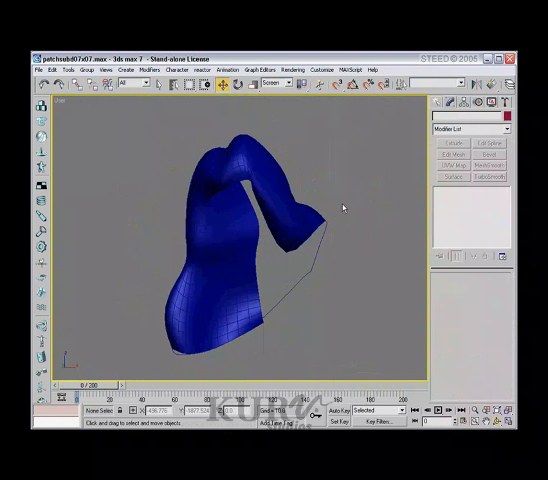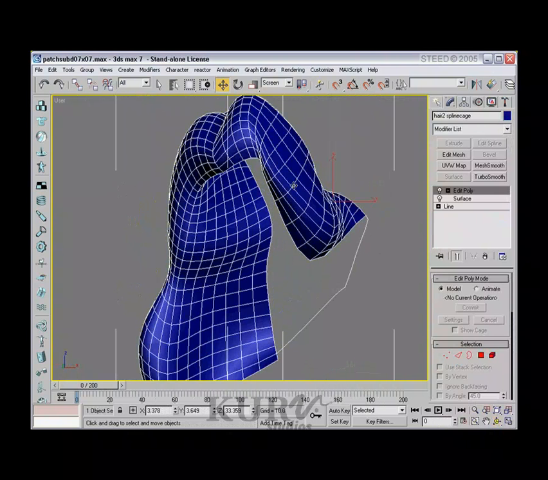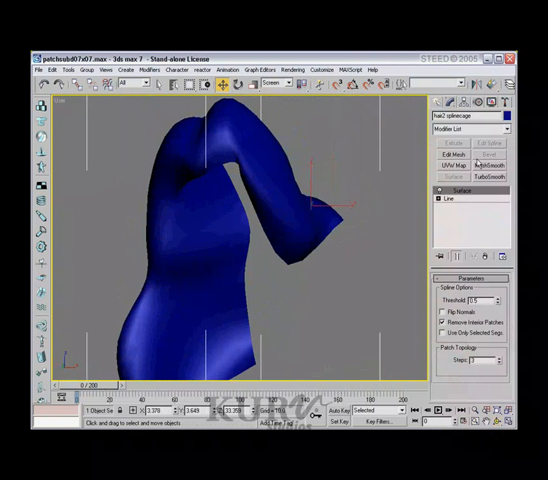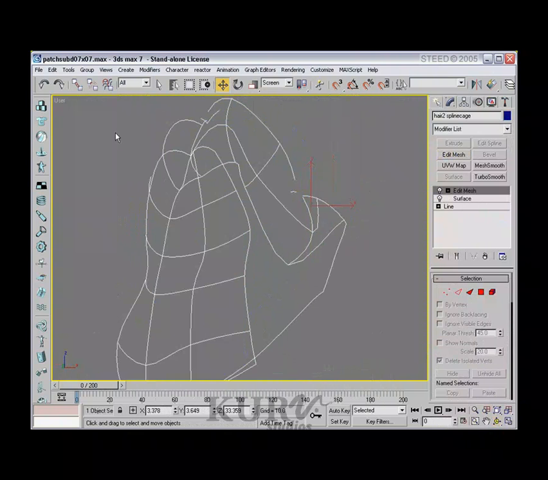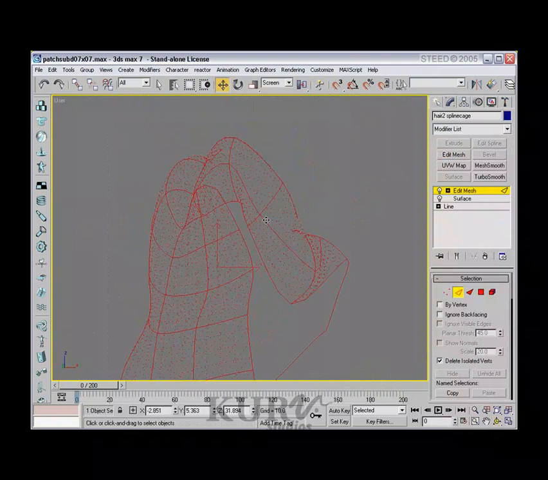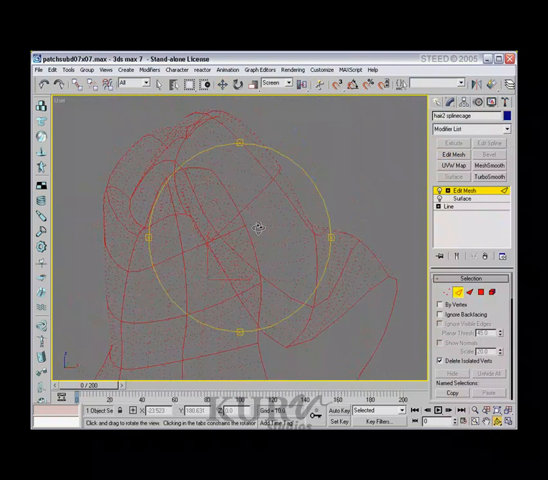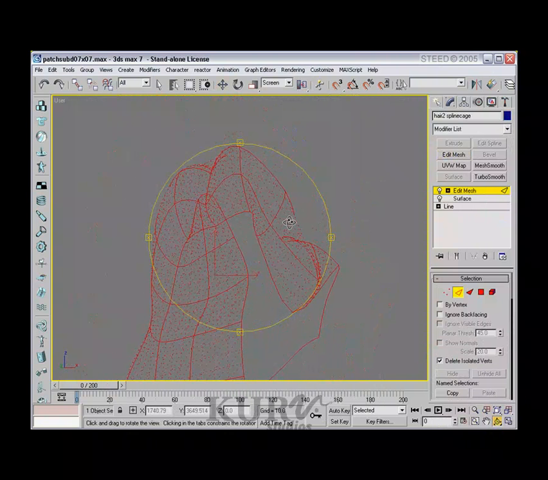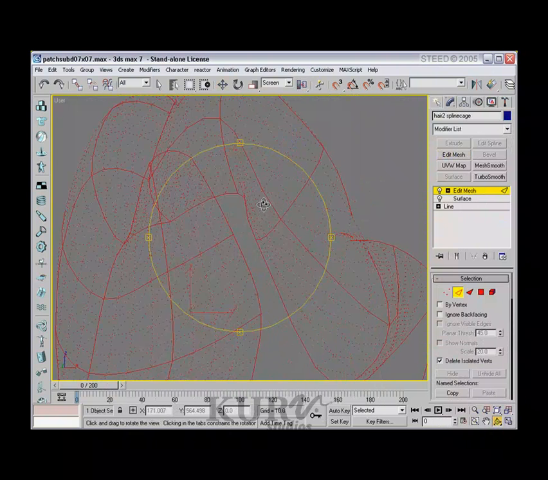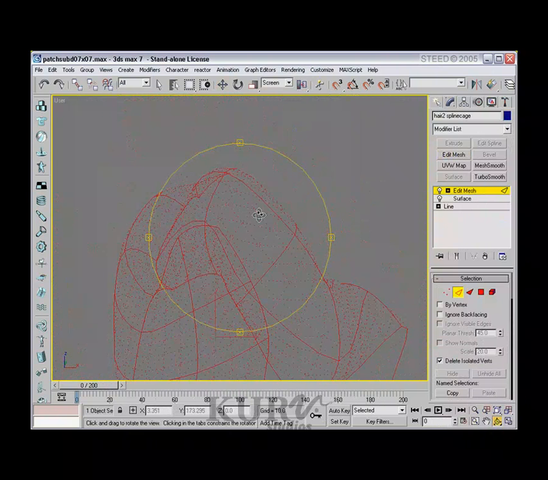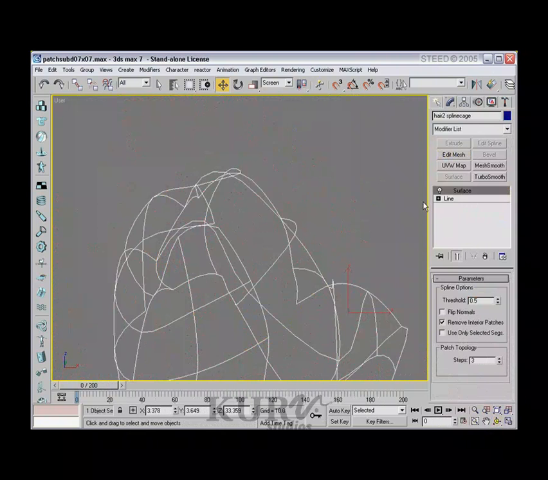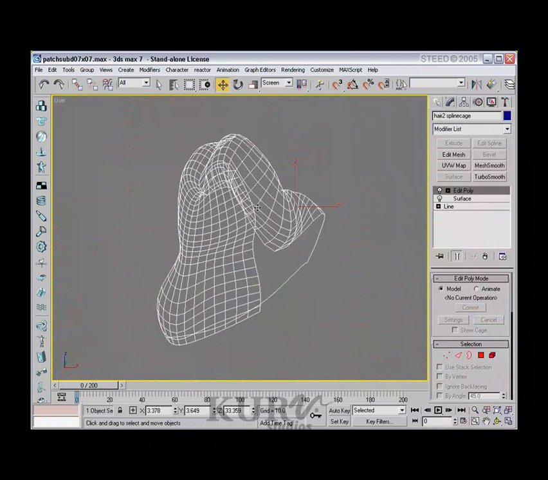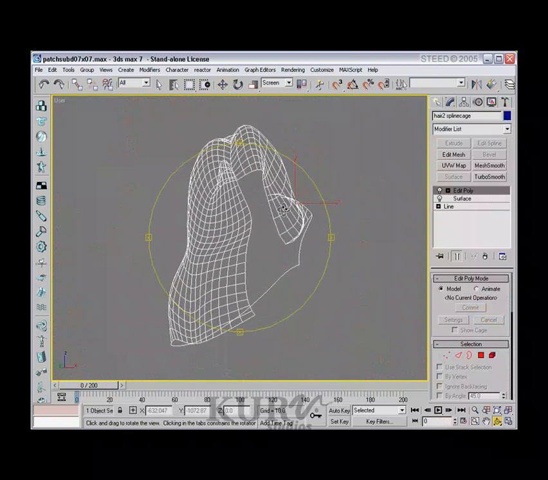However, it does have some nice functionality with this new build of Max 7, because as you can see, if I would have put an edit mesh instead of an edit poly, it keeps the visible lines, which are important when you deal with a subdivided surface or deal with mesh moves. It keeps the visible lines as they were as a spline cage. And for this, I actually want to convert all these symmetrical lines into visible lines. So a side effect of using edit poly is the fact that it does that work for you. So now that we have edit poly,